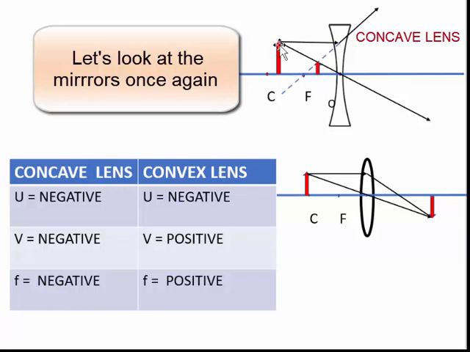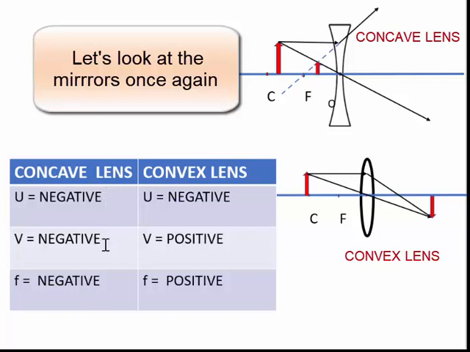How is the object? The object is on the left hand side of the optical center. So again, the object distance will be negative. The image is also formed on the left hand side of the optical center. So again, the distance will be negative. Which is that focus which is involved in the image formation process? The focus is on the left hand side because this focus which is on the left hand side is involved in the formation of the image. So again, it is negative.